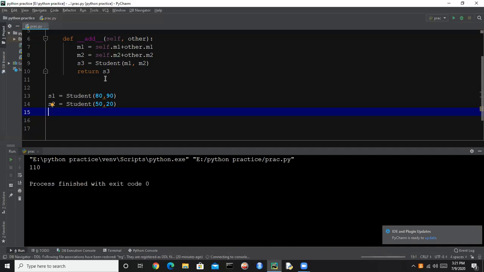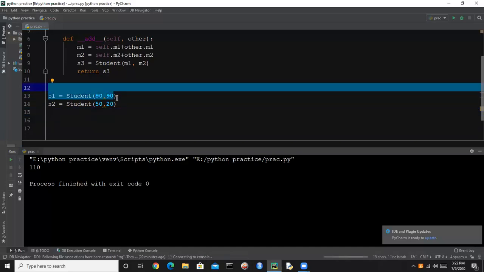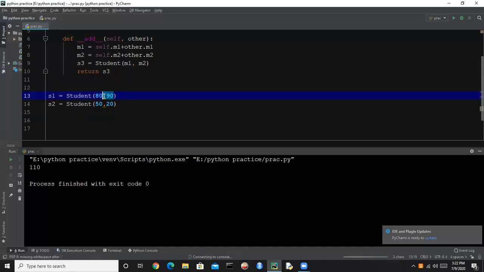So let's try to do another thing. We can see that student 2 has fewer marks. We cannot compare any student with another student by marks, but for example, if we compare these students, the second student has fewer marks and the first one has greater marks.